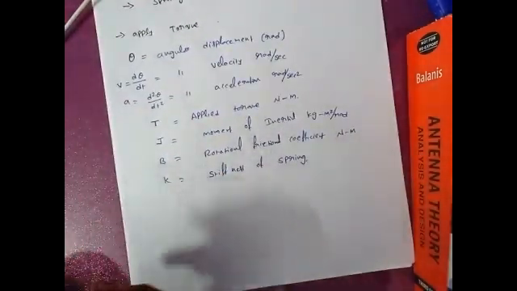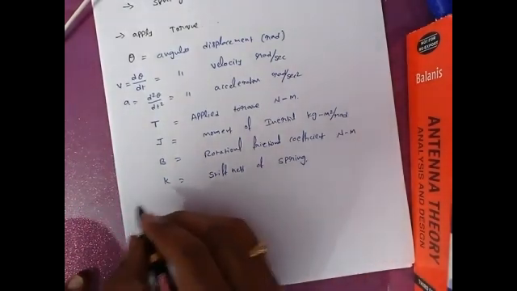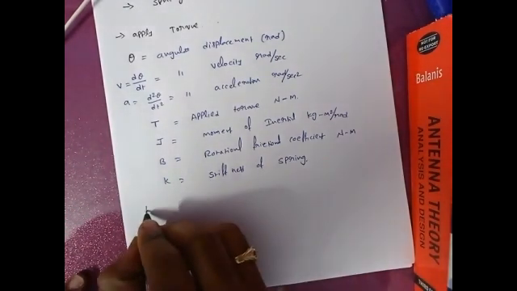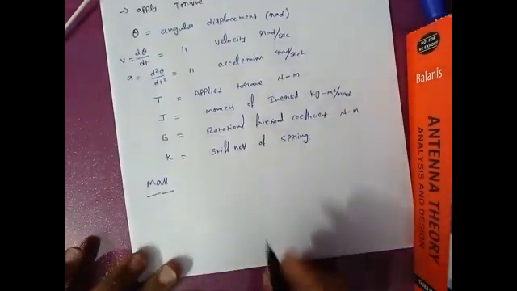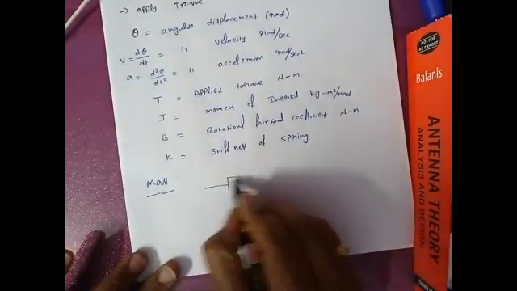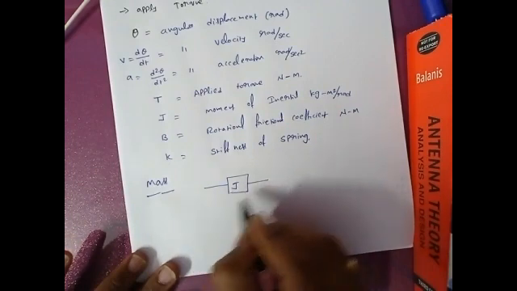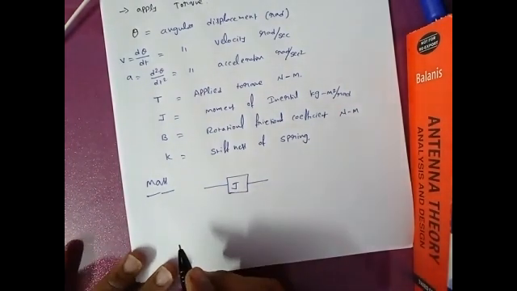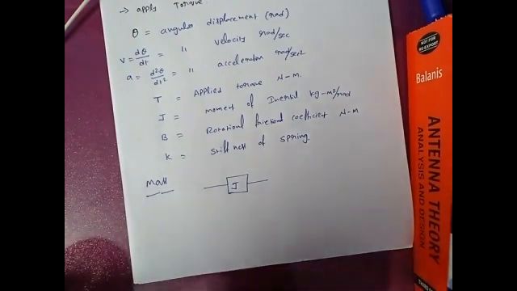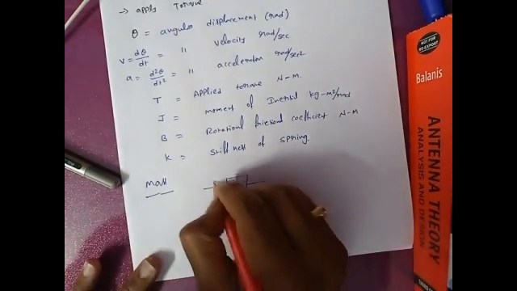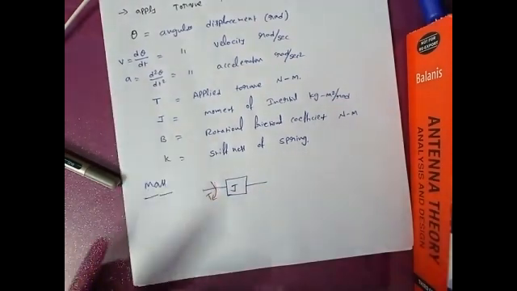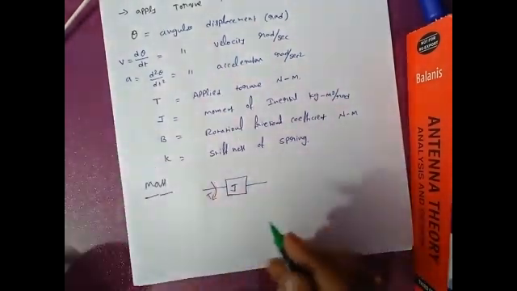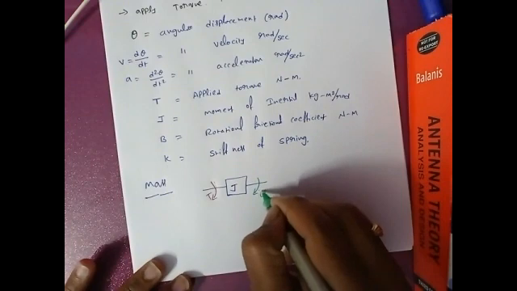The first one is moment of inertia or mass. This will be represented by, suppose, a J, and both sides are completely free. Whenever I apply a force on this, suppose I am applying a force in this direction with a T, then the displacement I will denote as theta.